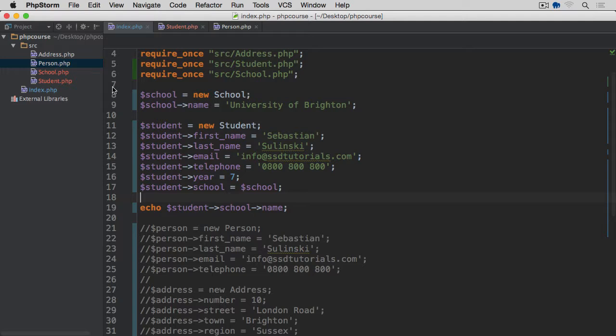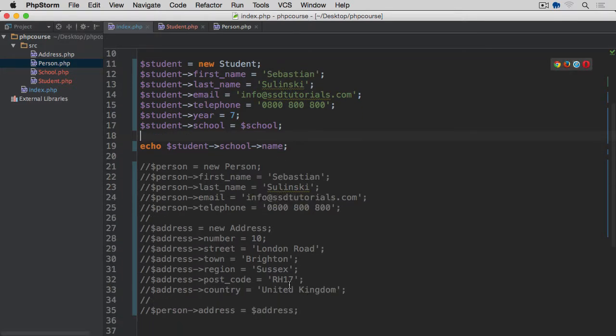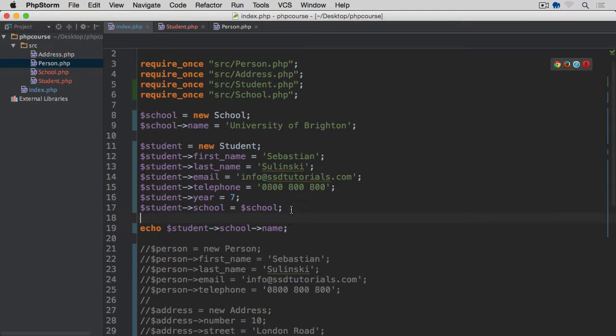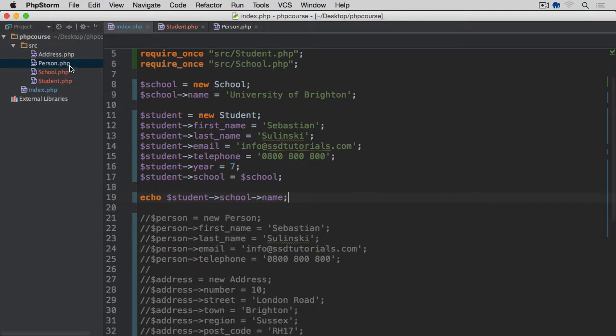So you can see exactly the same way as we had before with this address and a person class. Now we can do the same with the school property of the student instance, where we can actually delegate the call to the property name of the school object. Okay, so that's this. Now, next thing that I want to do is to show you another thing about the